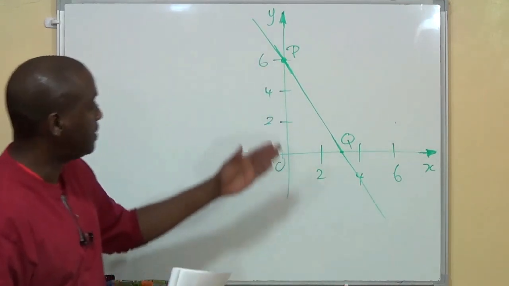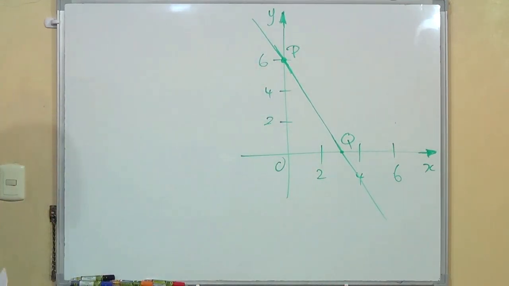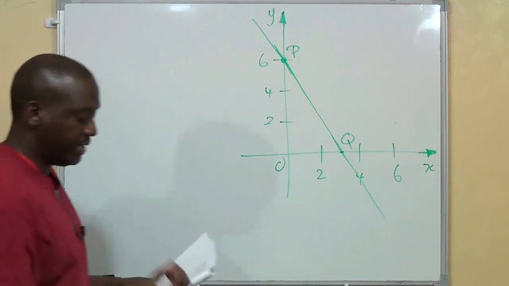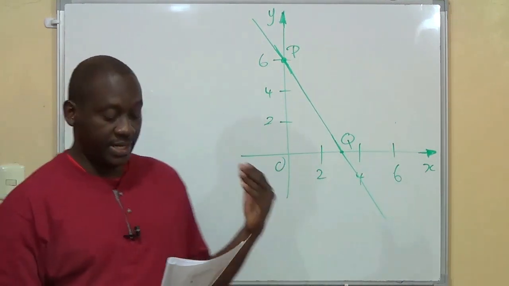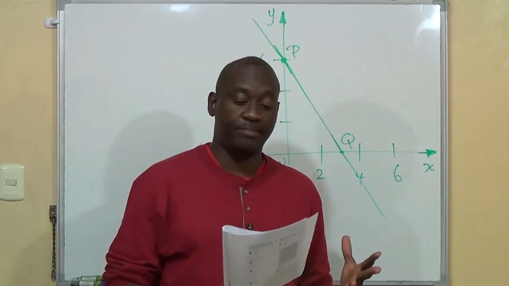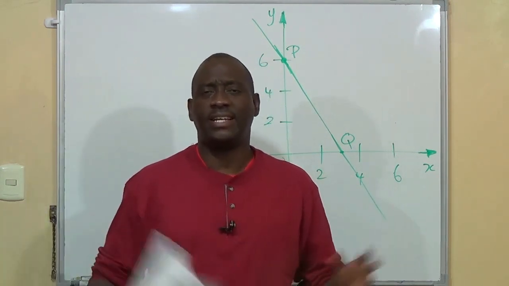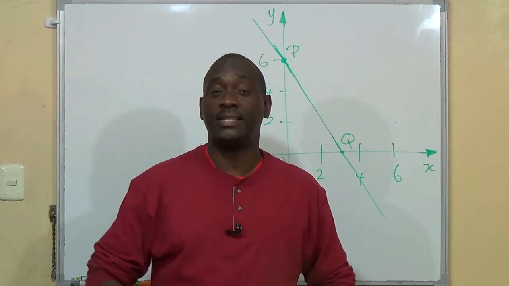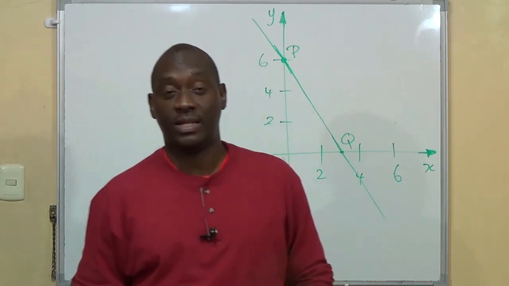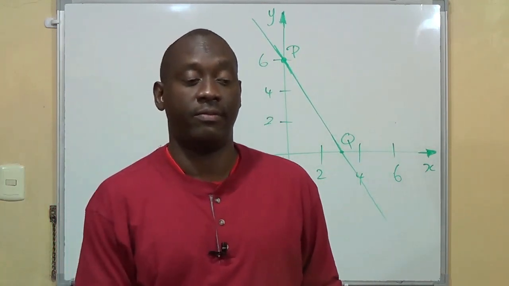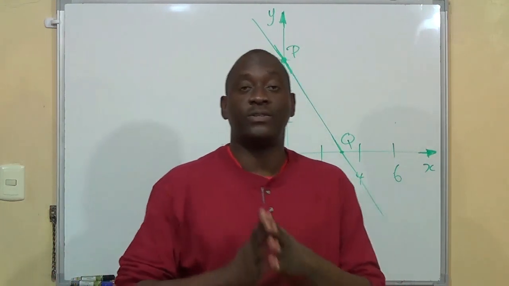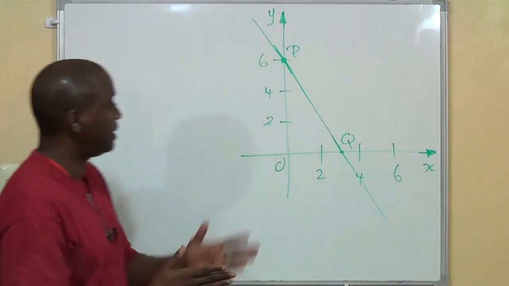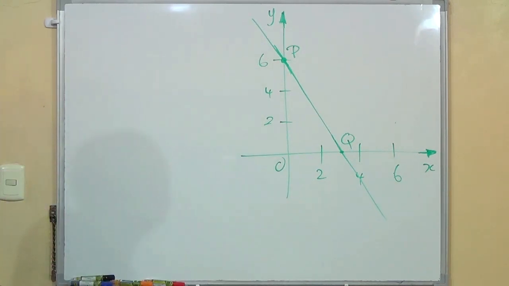So we have the diagram here for the question as you see on the board, and the question reads as follows. You get the following diagram and they ask: the gradient of the line PQ is. Alright, again, yet another example of a question that we could look at from a paper 1 context and a paper 2 context. Because you will from time to time get questions just like this, very similar to this, in